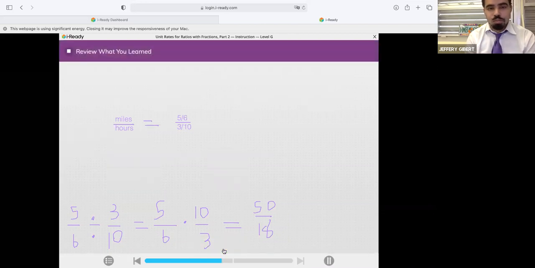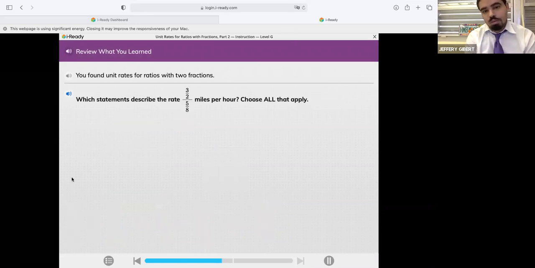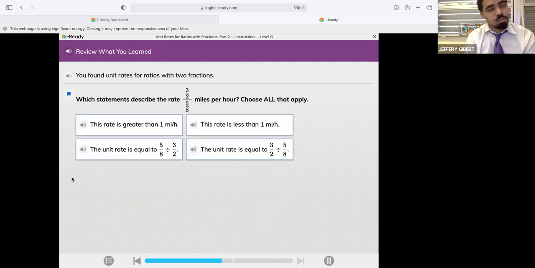Let's review what you learned today. You found unit rates for ratios with 2 fractions. Which statements describe the rate 3/2 over 5/8 miles per hour? Choose all that apply. Which division problem is correct? The screen glitched. Hold on. Okay. Which statement describes